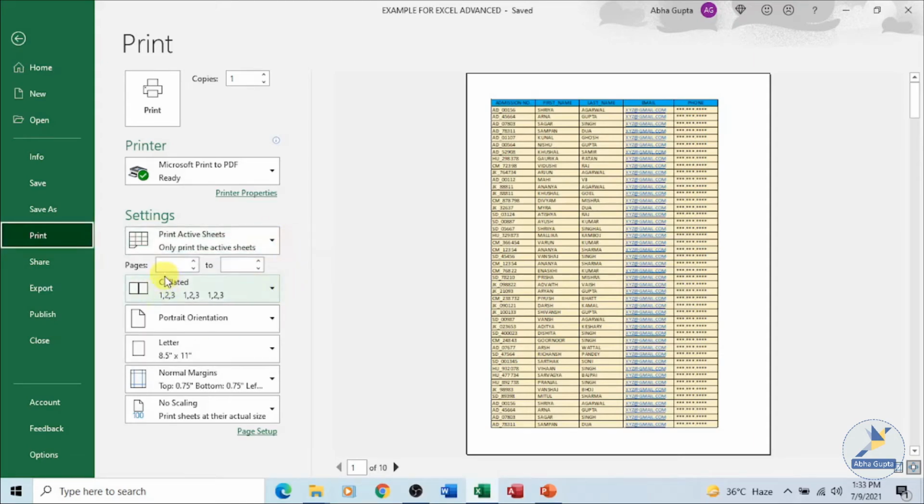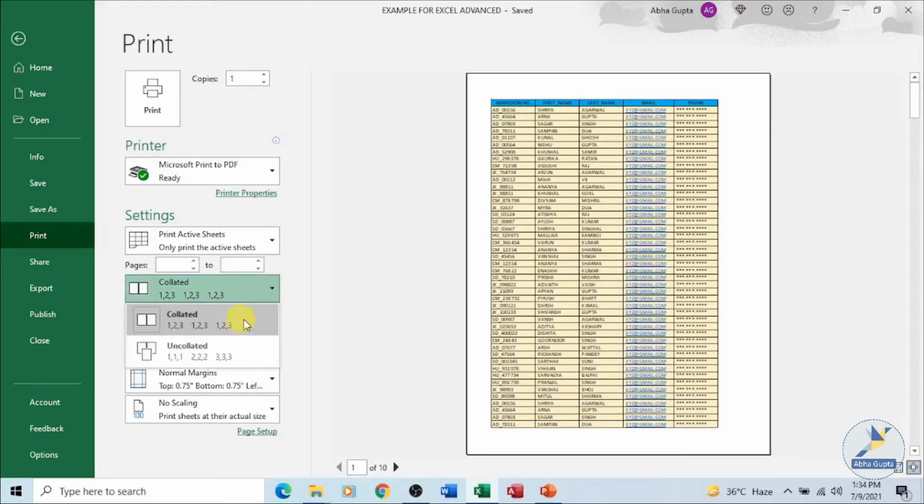For the page numbers, I have 10 pages over here, and I can specify from which page number to which page number I want to take the printout. Once the settings are done, that can be done over here. You can specify the collated or uncollated options over here, whether you want to print the pages 1 2 3, like if I have 10 pages, 1 2 3 in a set of 10, and then the second set. Or if I have given 5 copies, all the first pages, and all the second pages, and then third pages, that can be specified from here.